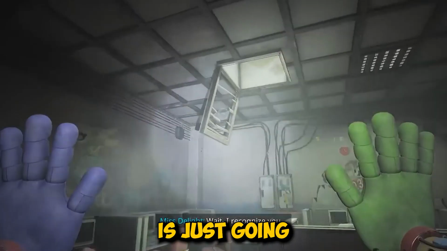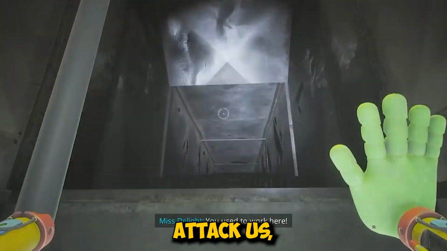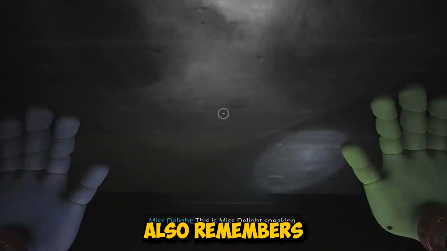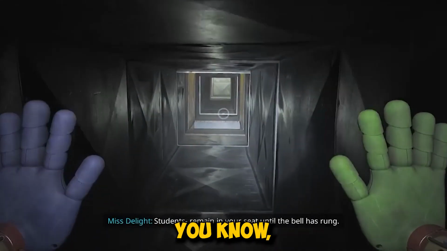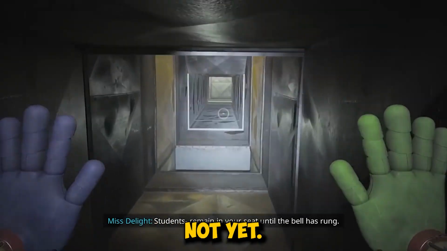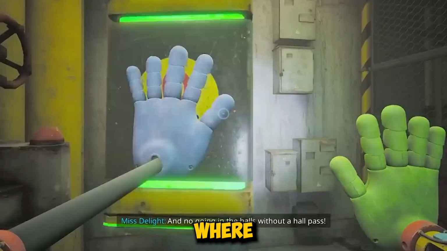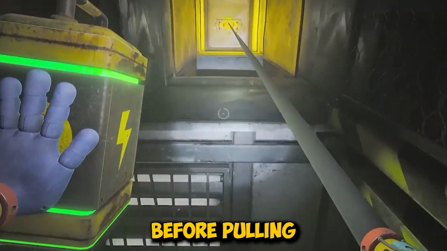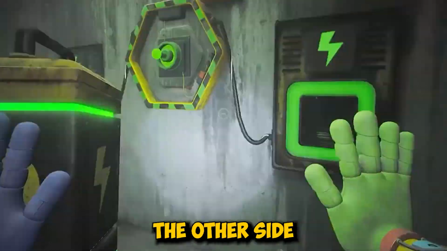Miss Delight is just going to be walking through the entire hallway trying to attack us, and she also remembers us. So she's a bit scary, but we don't have to worry about her, at least not yet. What we're going to do is go through these vents and then hop down here where there's going to be another battery before pulling ourselves up, then continuing our way through the vent until we pop out the other side